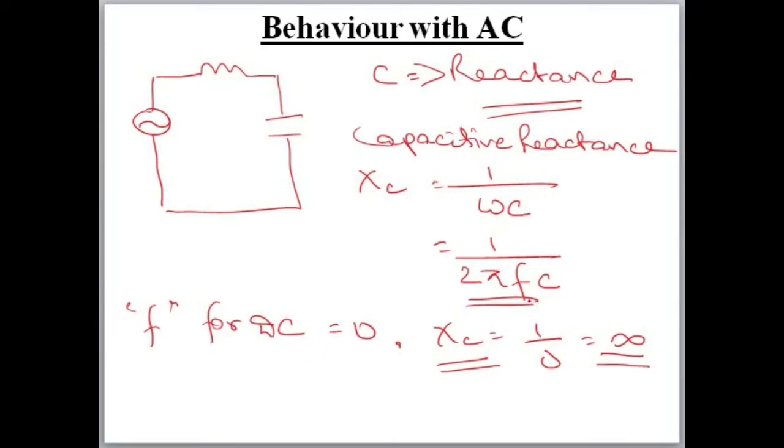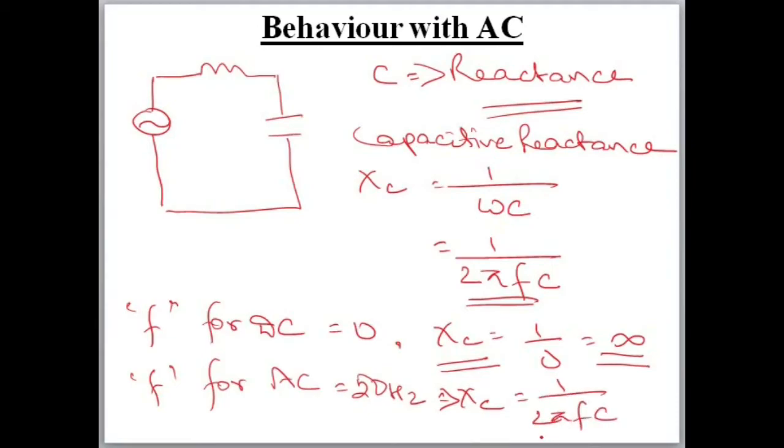But in case of AC, f is 50 Hz or 100 Hz, whatever supply frequency is there. Normally 50 Hz only we will give. So Xc will have some value, 2 pi fC will give some value. f is equal to 50, whatever C is there you can put, and you will get some value. So it will show some reactance, but it will not show infinite reactance. So in case of AC, there will always be a current I flowing in the circuit.